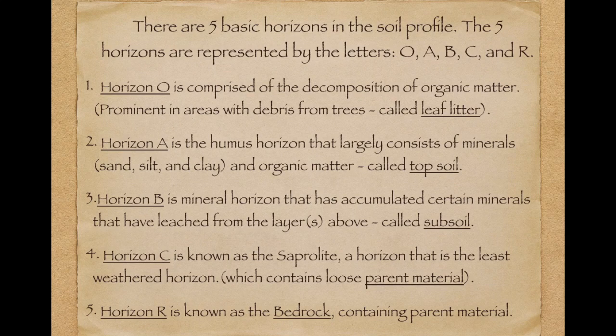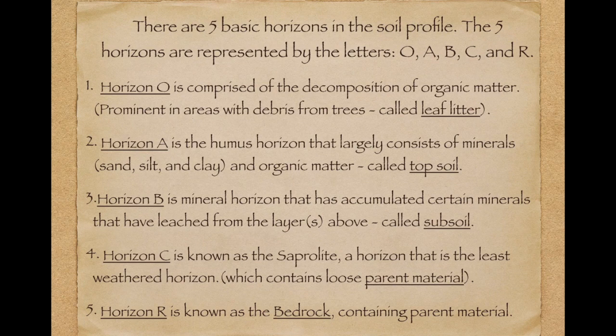Then horizon B. Horizon B is called the subsoil. So you will need to know A is topsoil, B is subsoil. Sub meaning below, so this is directly below horizon A. That's why we have horizon B. Now, they have included in other resources, there's a horizon E, E as in elephant, between horizon A and B. We're not going to focus on horizon E, but different resources have plugged in a horizon E between A and